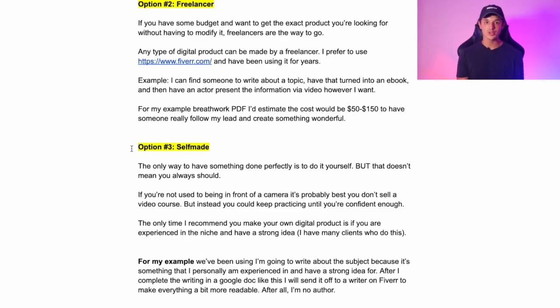Option number 3 is actually making the product yourself. And at the end of the day, the only person that's going to be able to do a perfect job in your mind and your perspective is yourself. But that doesn't mean that you should always make your own product. Because, for example, if you're not used to being in front of a camera like I am right now, it's probably not best that you sold a video course on whatever topic that is. Instead, you could practice and keep getting into it until you're confident enough and can actually create a valuable product